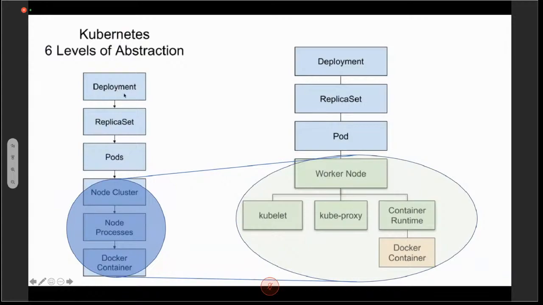The deployments encapsulate replica sets. Replica sets encapsulate the pods. And the pods run on the worker node, and the worker node has the kubelet, kube proxy, and the container runtime and Docker containers, which will combine and run all of those specifically, right? So quickly, going over to one of my other interfaces,